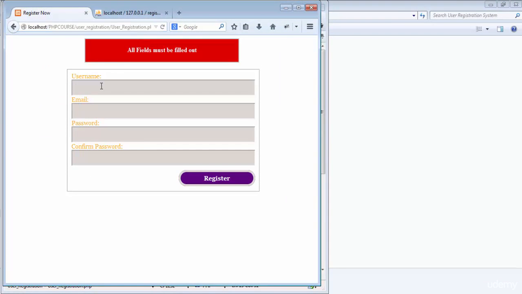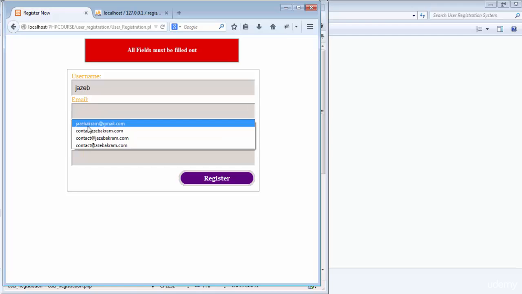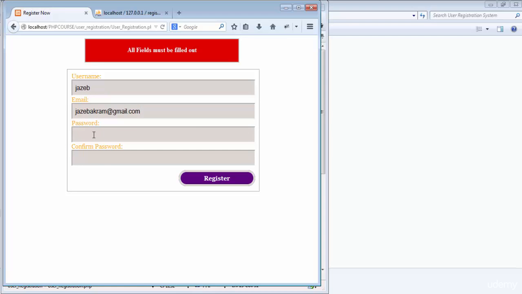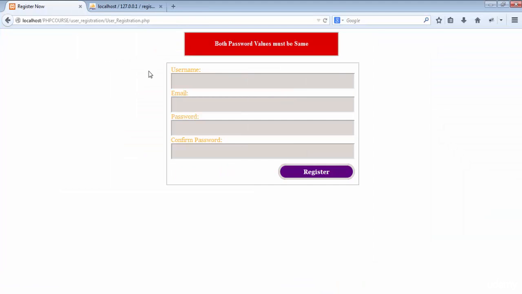And if I add some username to be Jazib, email to be jazibakram@gmail.com and password to be Akram and confirm password to be 5869, register, we are getting both password values must be same, this error. And also, as we are not receiving any kind of callback here,